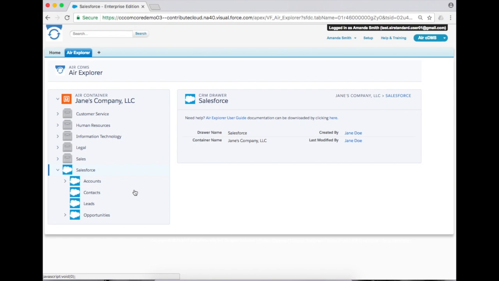Your admin can add functionality to allow users to create folders and documents inside of existing Salesforce objects, such as accounts, cases, contacts, leads, and opportunities. These folders and documents will live inside of your cDMS app, located here, as well as in the appropriate CRM object. If you go back to your Sales or Service Cloud here,